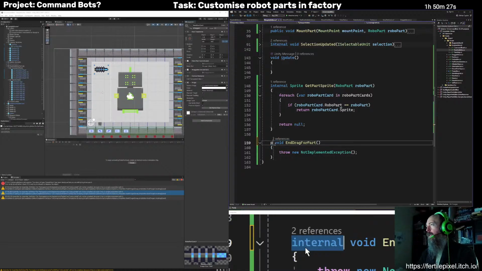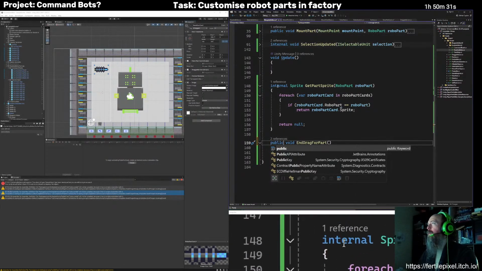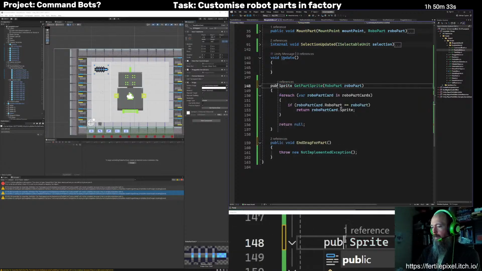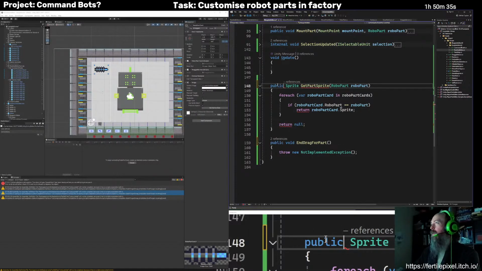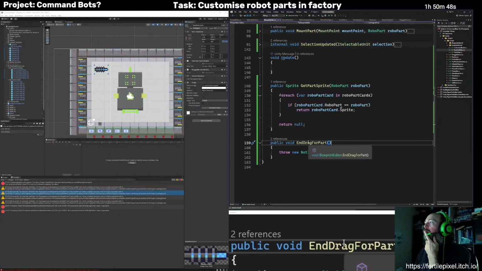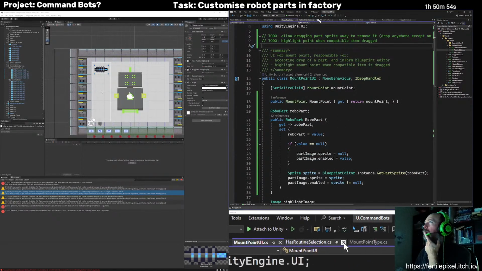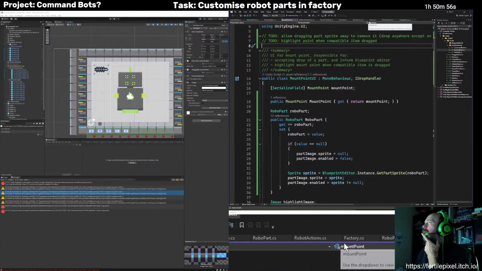And I'd like to just change these to public because it's fewer keywords to keep track of. And I don't have any particular reason to stop other assemblies from accessing this. I'm not shipping a library or something. Now, where was I?